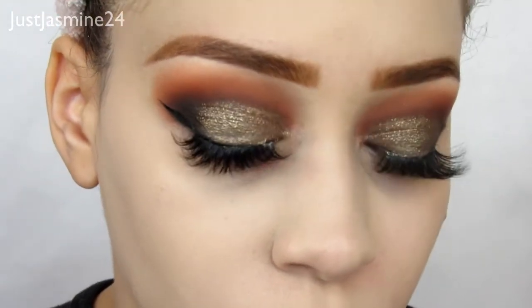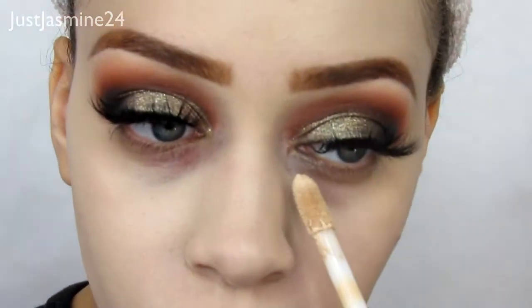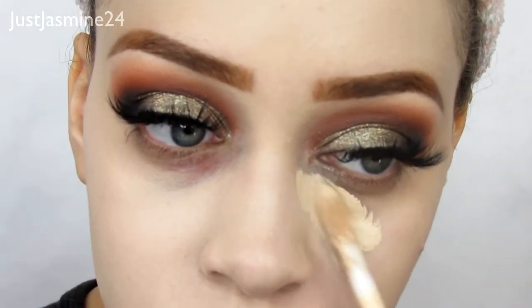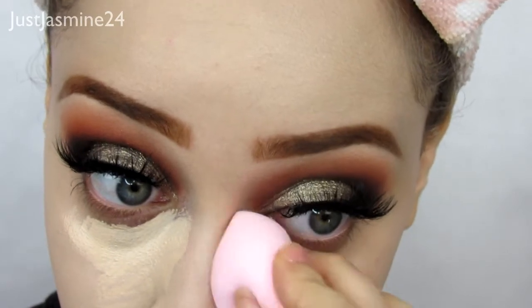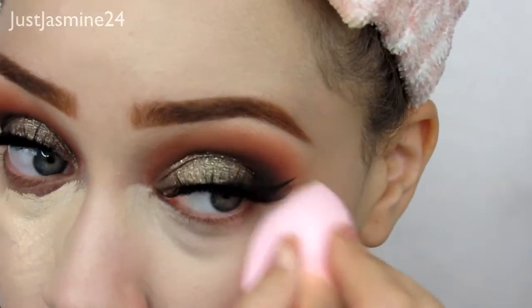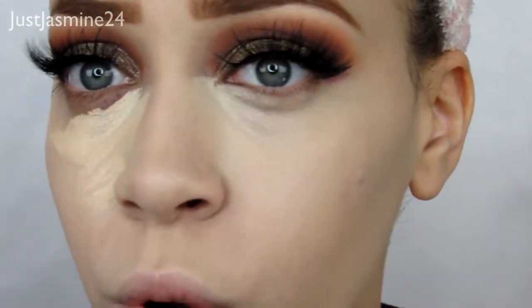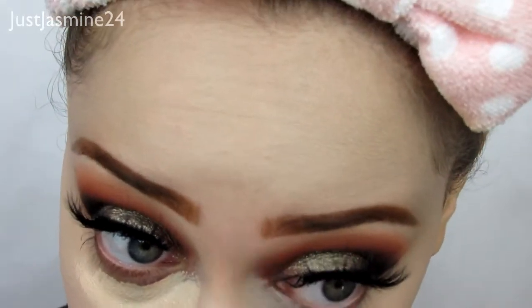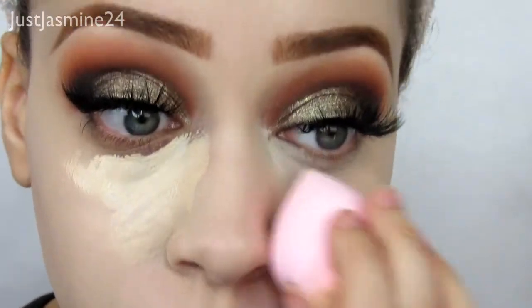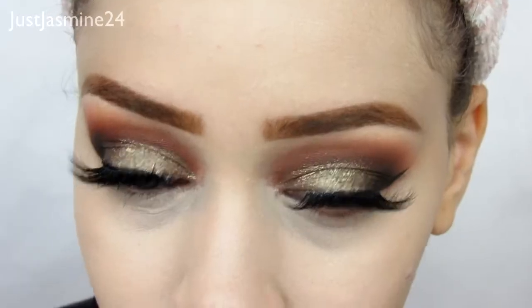Now I'm gonna go in with the concealer, and I'm gonna use the Supersize one, and I'm gonna do this side first. I really like this dollar sponge. It's super affordable, and it's great. Oh, that blended out quick. Okay. That is awesome. That is awesome. That was so